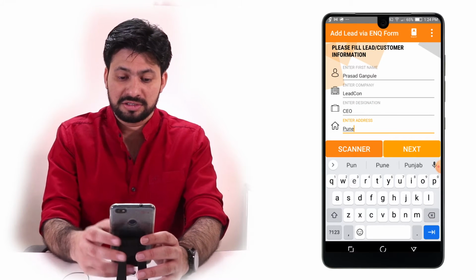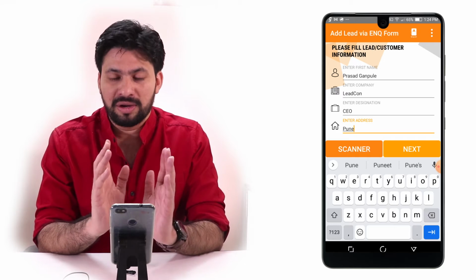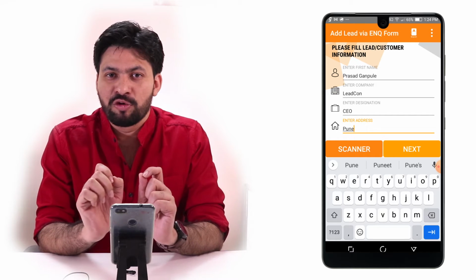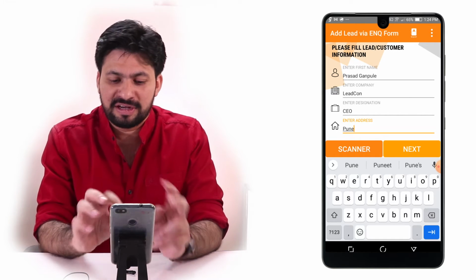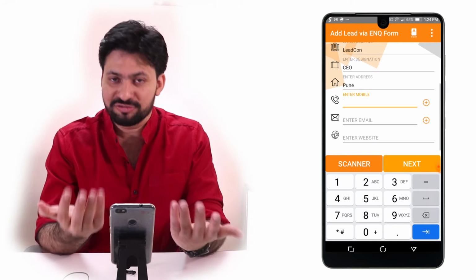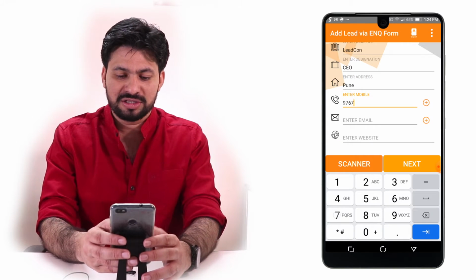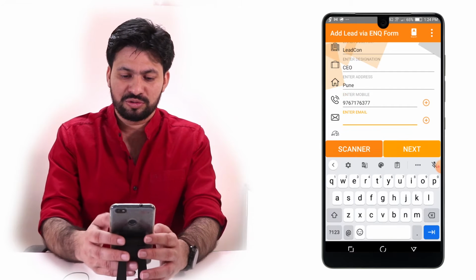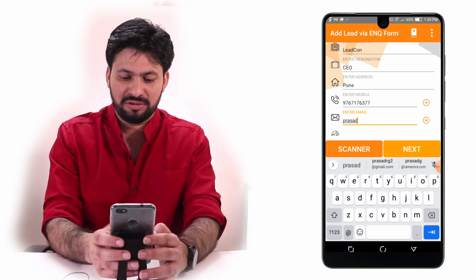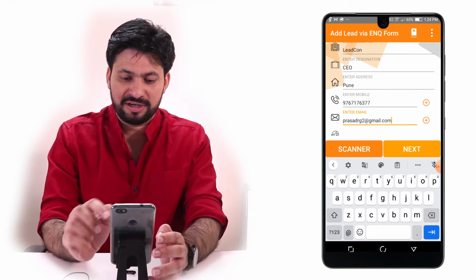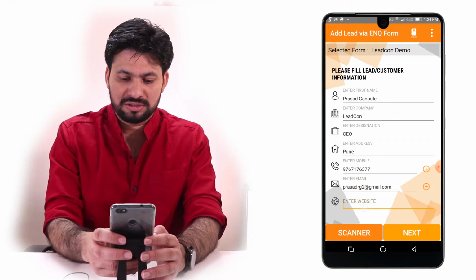So put in the address. Note this. You can just put in the name and the phone number, which are the only two mandatory fields that we have added. But in case you get more information about the customer, it's always welcome, isn't it? So adding those necessary details that you can. So put in all the necessary information of yourself right now. Once done,